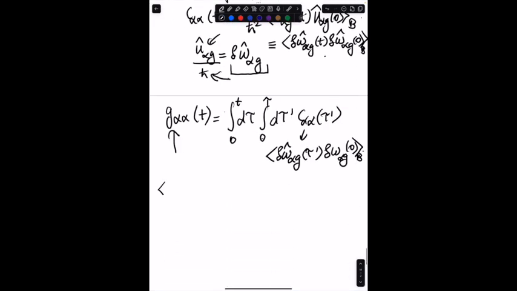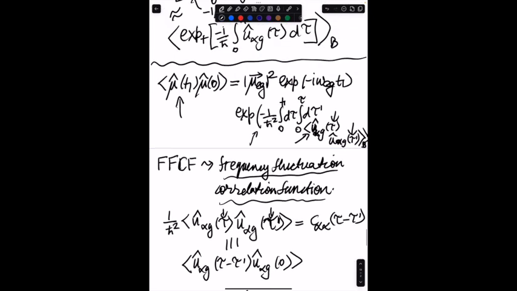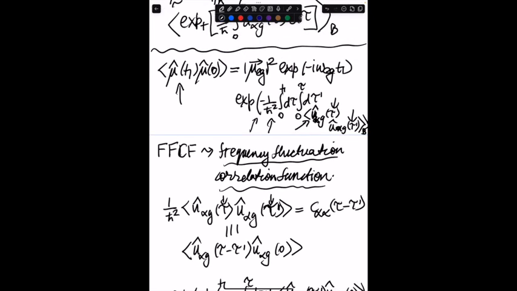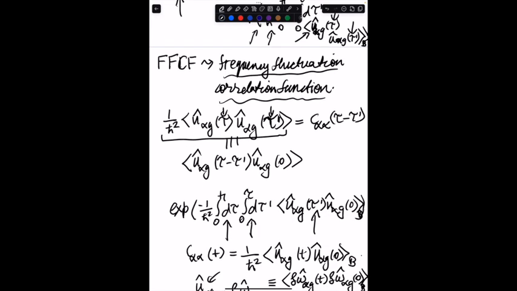So you had t1, you had 0 is equal to mu eg square exponential minus i omega eg t1 times exponential of this quantity minus times this quantity which I have pulled down here, and it is left as an exercise for